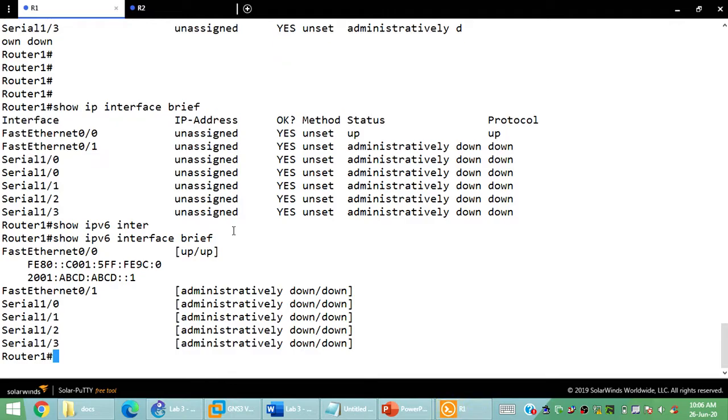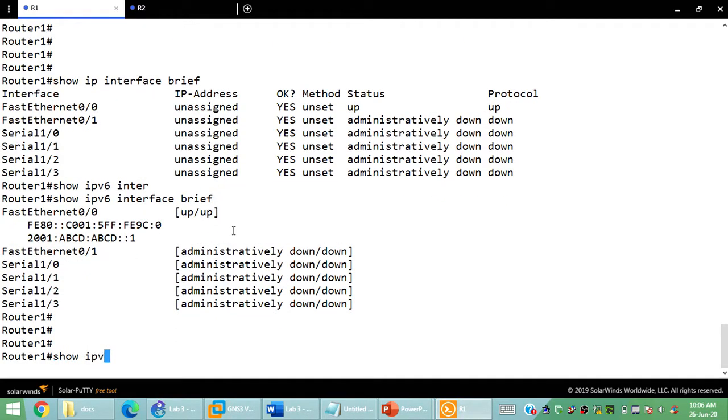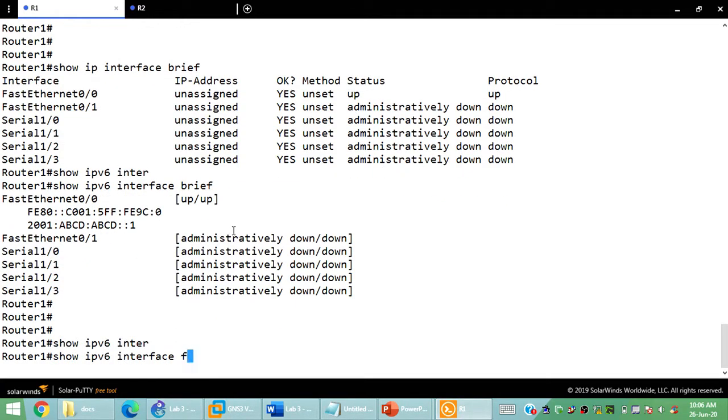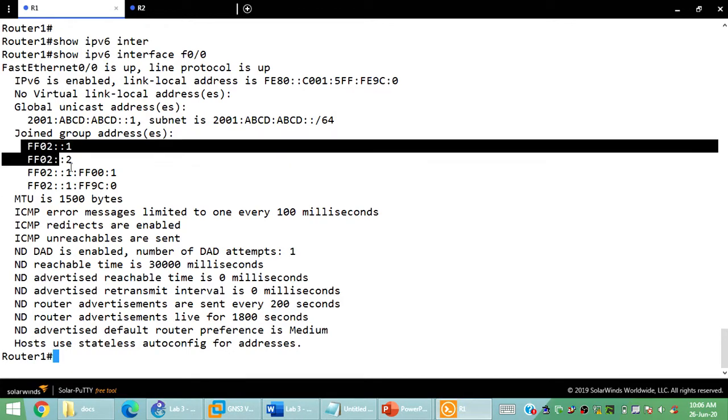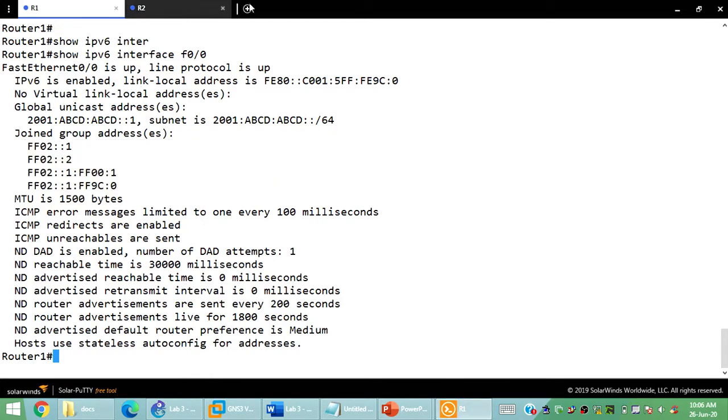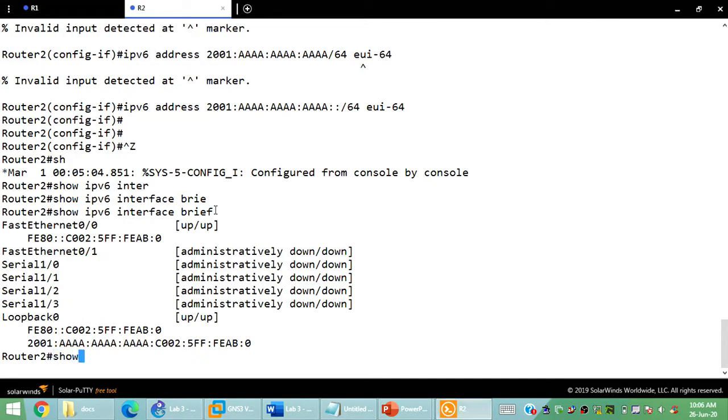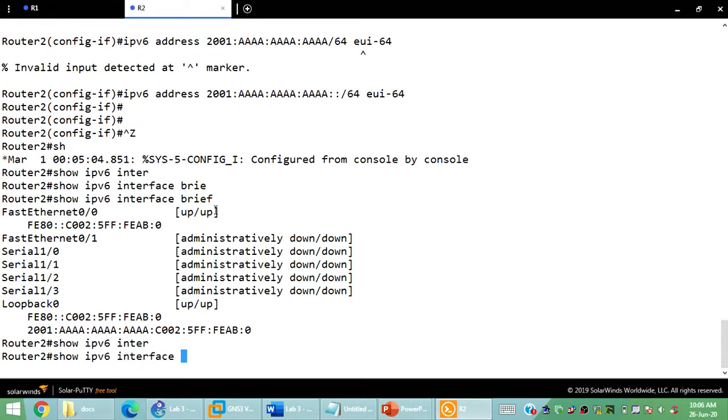Simple and easy. Okay, so one more thing that I need to share with you all is the IPv6 interface FastEthernet 0/0, and here you can see all the configurations that we had set along with the joined groups and everything we need to go ahead and start our lab.